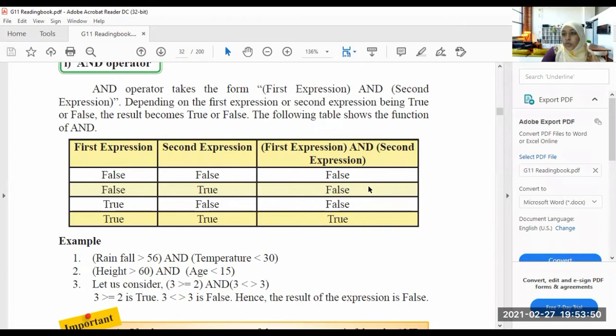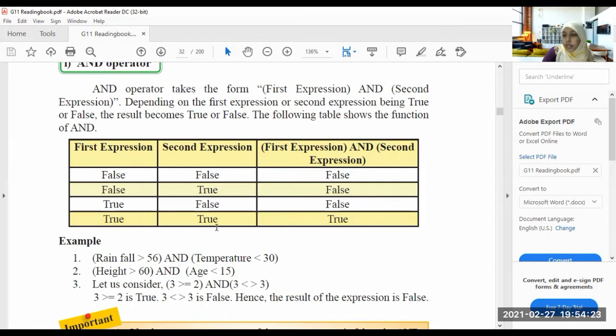So we used 1 and 0 in Boolean gates, right? In gates, you can use true or false, 1 and 0, it doesn't matter. All are the same meanings. 0 means false, 1 means true, or on and off. On means 1, off means 0. So you can use these expressions. Here the first expression is true, the second expression is false, so the output would be false.